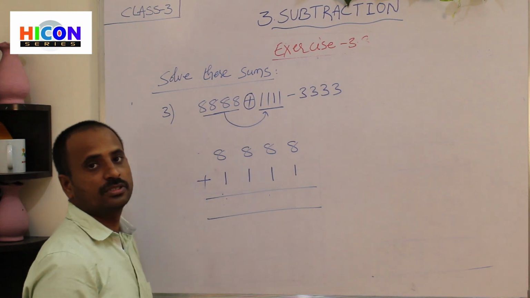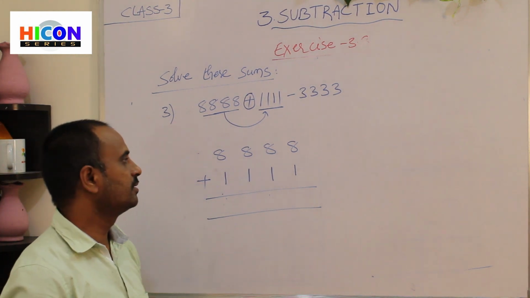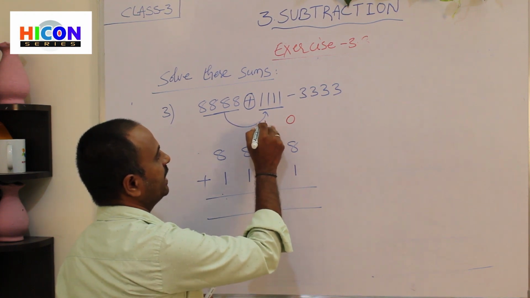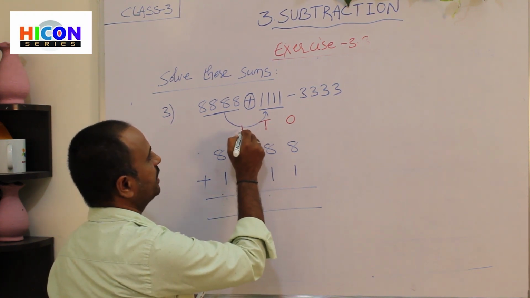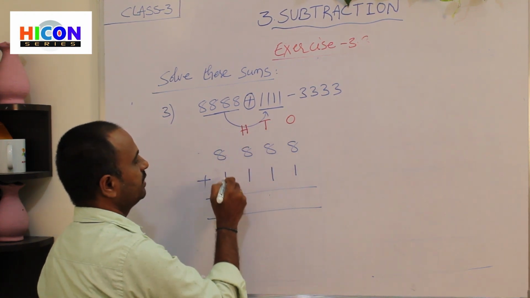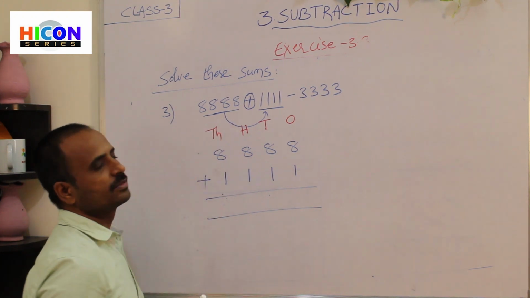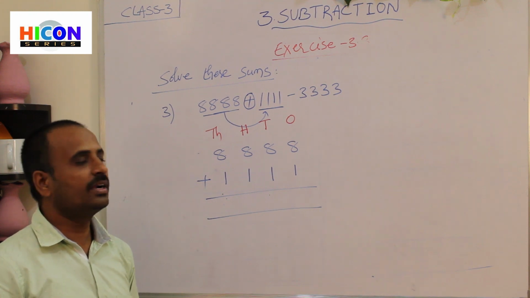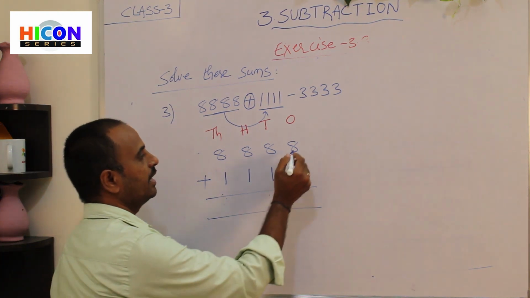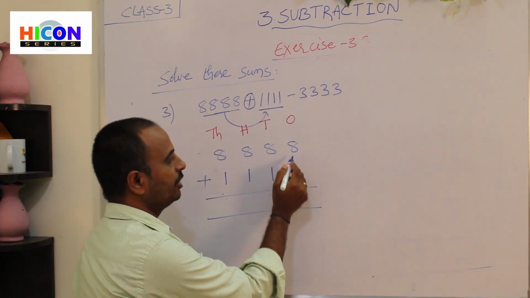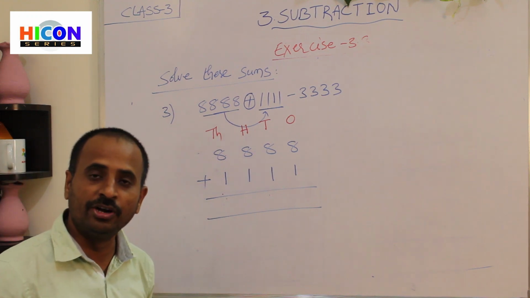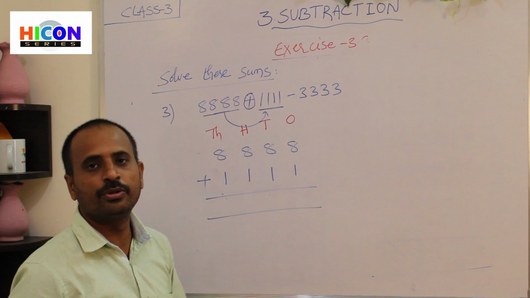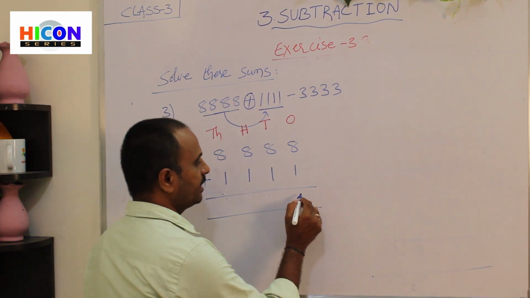So first start addition from the ones place. So this is the ones place, and these are present in tens. These are present in the hundreds place and these digits are present in the thousands place. So now start addition from the ones place. What are the digits present in the ones place? 8 and 1. So add 1 to 8. If you add 1 to any number, we will get its next number. What is the next number to 8? 9. So write 9 here.